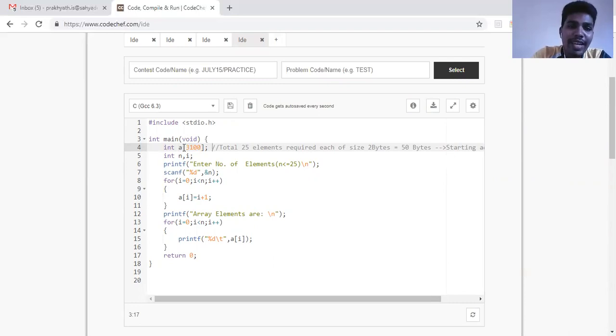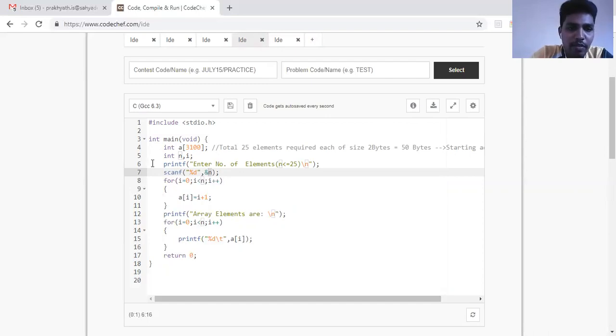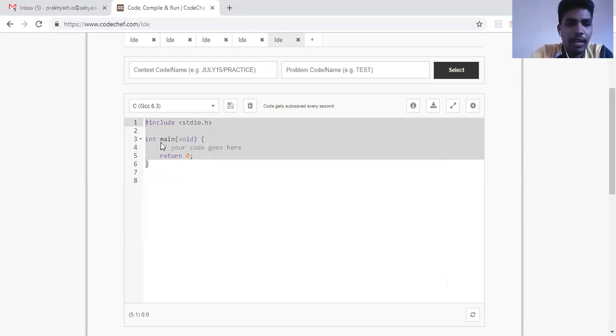That is called static memory allocation, because we are reserving in the code how much memory I want. But if I reserve the memory after looking at the value of n, that particular concept is called dynamic memory allocation. So we'll see that in the next screen, the same problem. Okay, so I'll change the compiler, and I'll use the same piece of code so that we're not wasting time in typing.